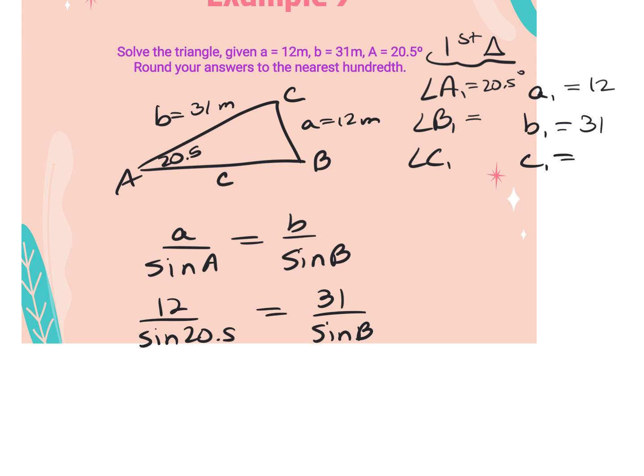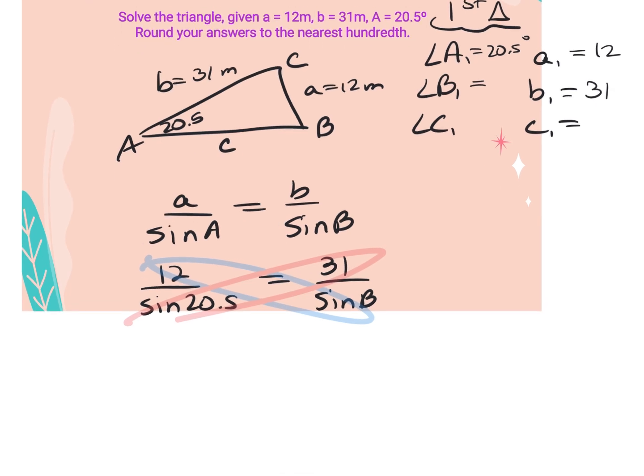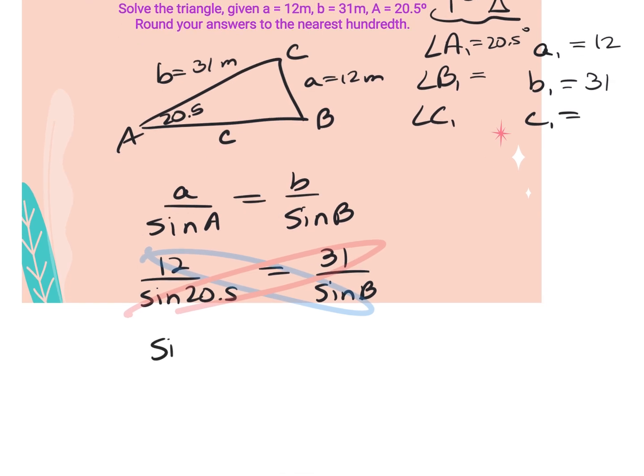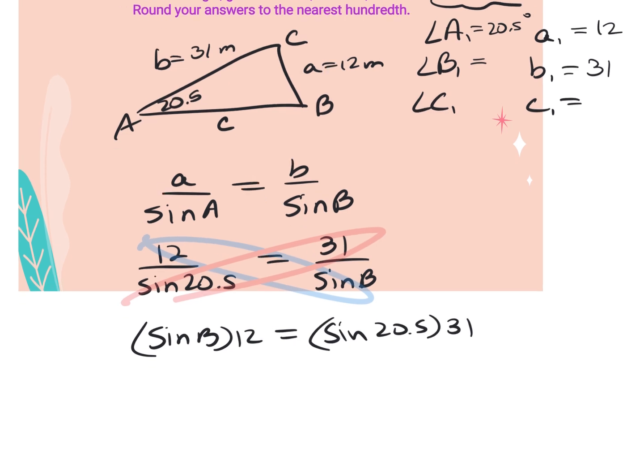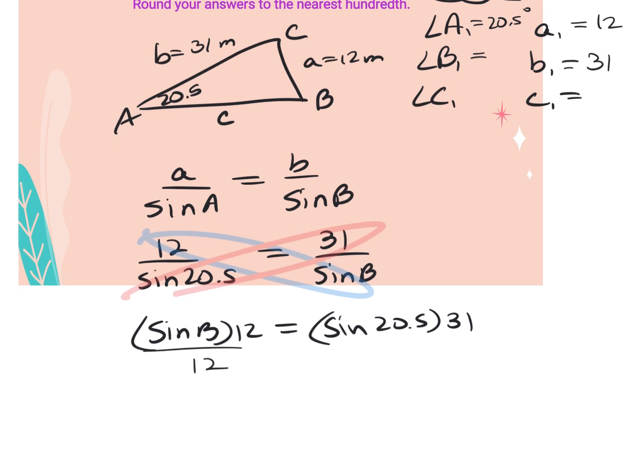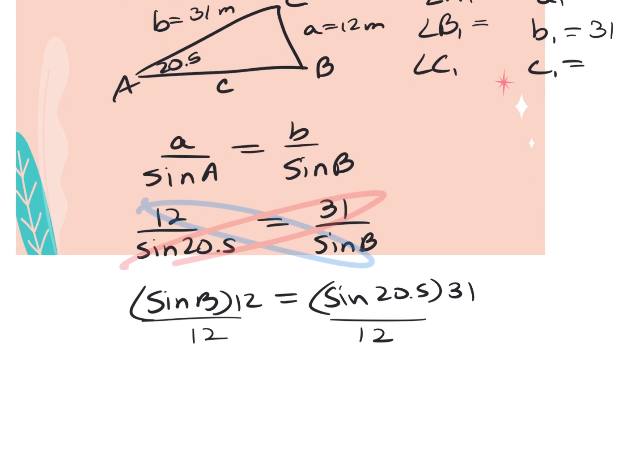So I'll do this product times this one. So I end up getting the sine of B times 12 equals the sine of 20.5 times 31. I'm going to divide both sides by 12. And I get the sine of B is equal to